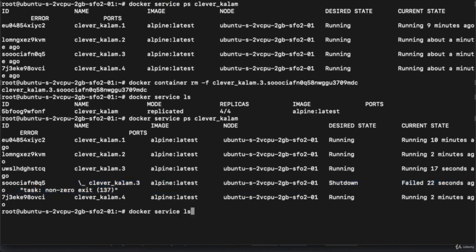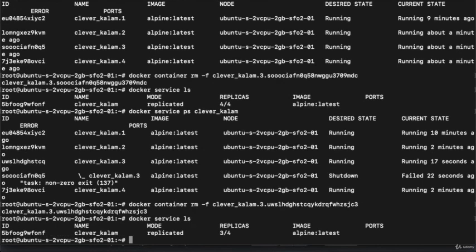If I again execute the command docker container rm and shut down the third container and execute the ls again, then we can see it will stop the container, hit ls. See, only 3 are running out of 4. But if I again execute the same command, then it will show 4 are running.